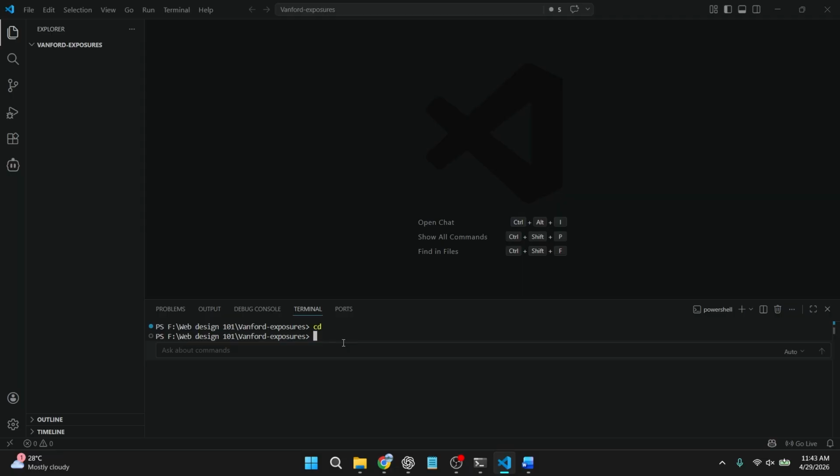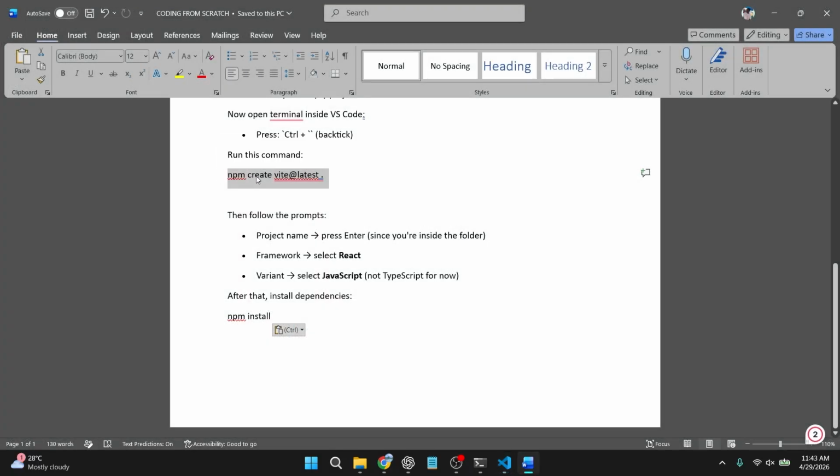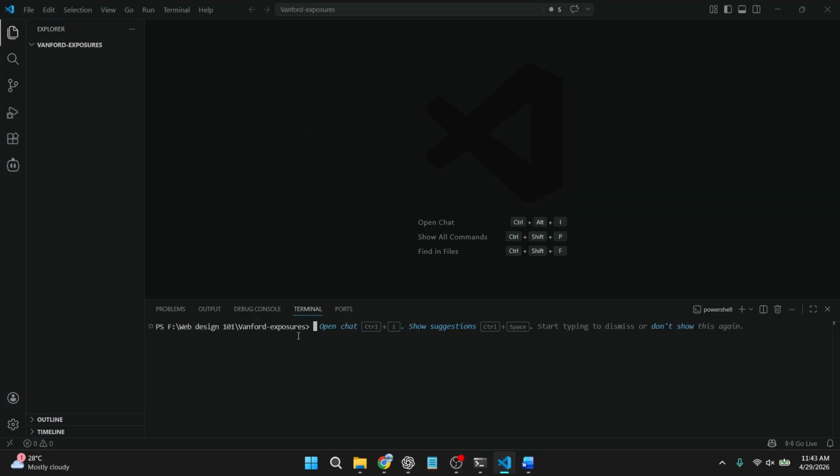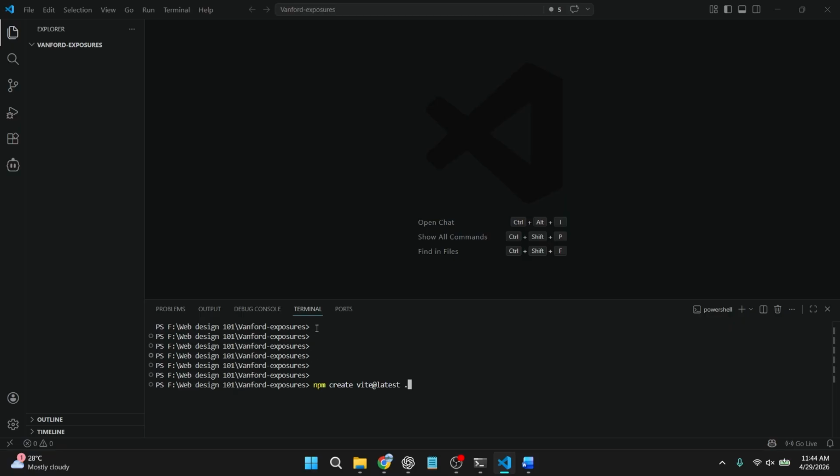And what we are going to do is to create our Vite. So we are going to run this command here. We're going to run this command line,